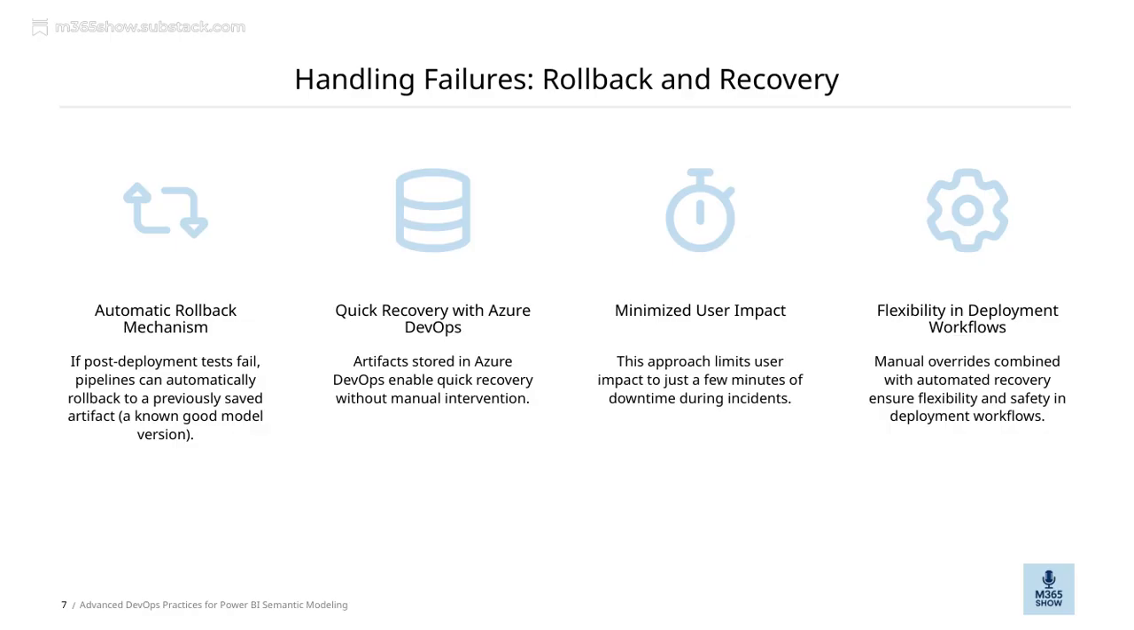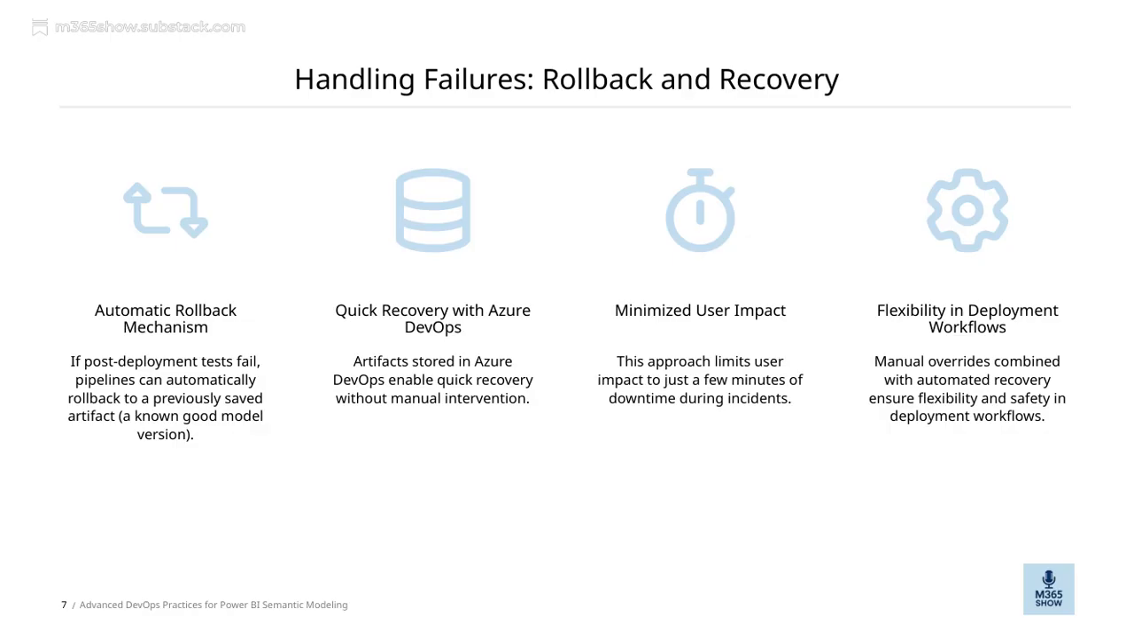In case a deployment fails the post-deployment tests, our pipelines can automatically roll back to a previously saved, stable version of the model. This automatic rollback mechanism is a vital safety net, ensuring we maintain reliable semantic models and high-quality Power BI reports